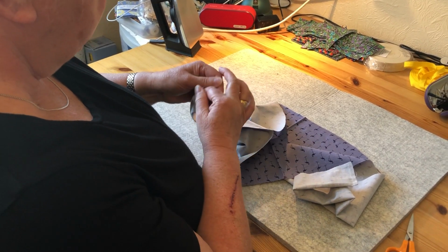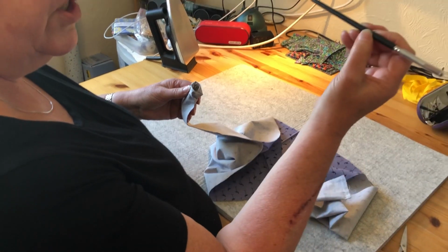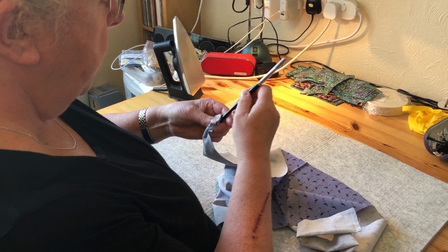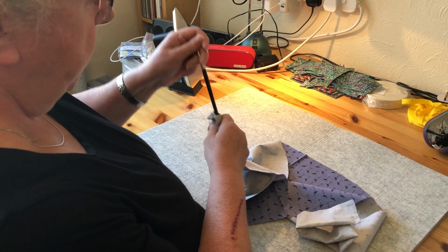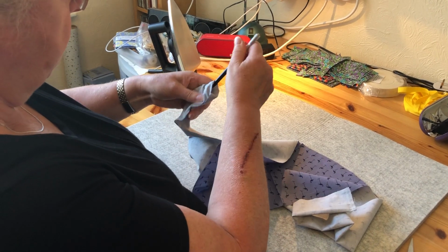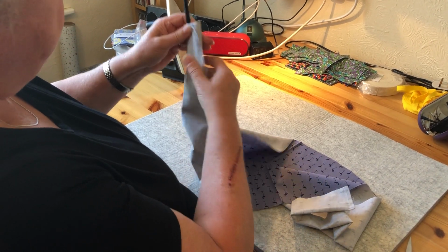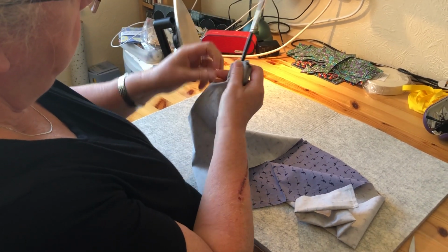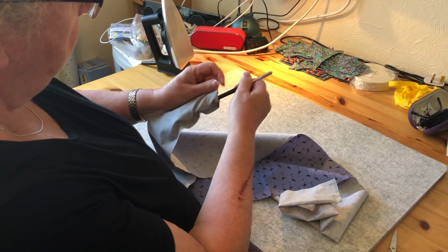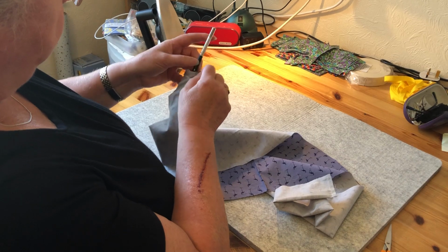And I have a trusty paintbrush. You could get a chopstick, but I happen to have a paintbrush in my armoury here. And just push it down and through. I know it's going to stick, but hey. There are easier ways of doing this, I'm sure. I haven't quite worked it out yet, but...